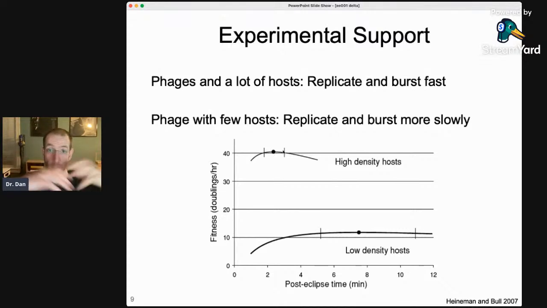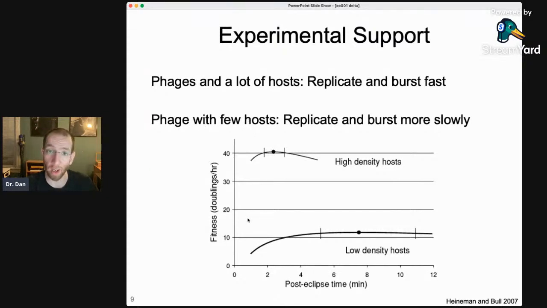And in that time, it makes a lot of viruses, and then it bursts out, kills that host, moves on to the next cell. That's where you have a lot of hosts. So when you have phage and a lot of hosts, they replicate and burst very rapidly. When you have low density hosts, right, phages with very few hosts available, the optimal strategy that is favored by